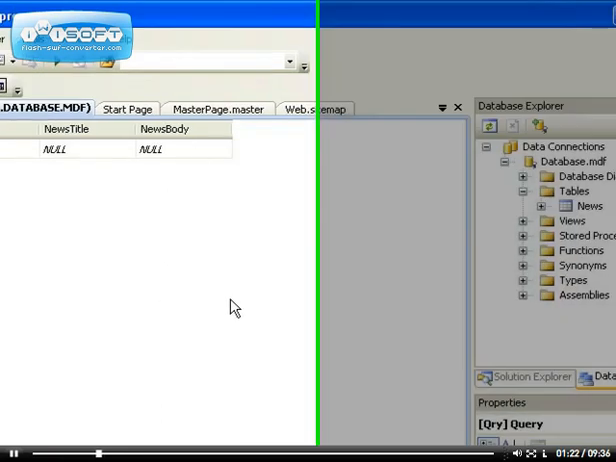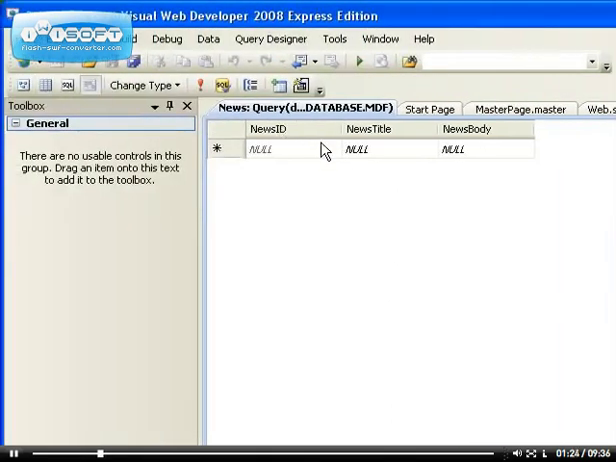So from here you can see that we can actually fill in information into this place. So the news title, we can say welcome to our website. I want you to look closely that I do not have to type anything in the news ID, because it's the identity. It will increase automatically by itself. It will put the value